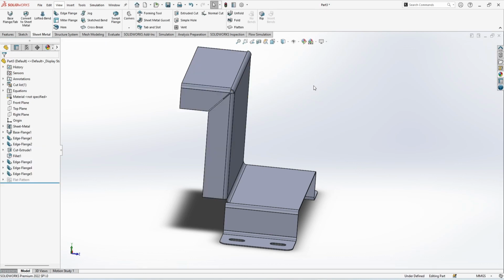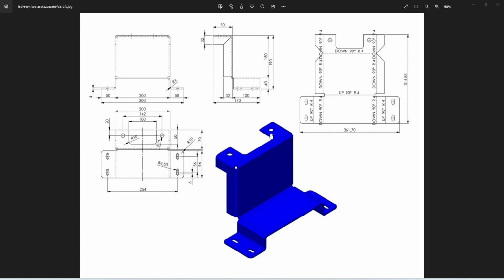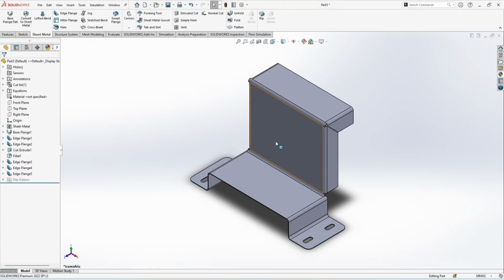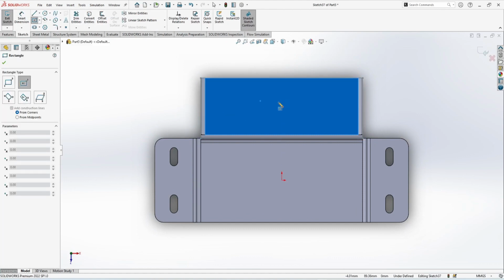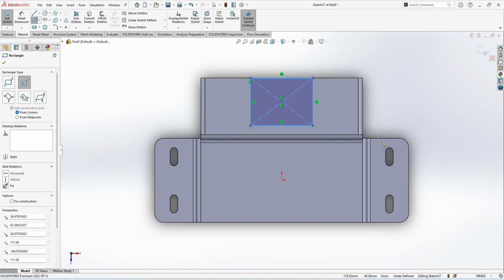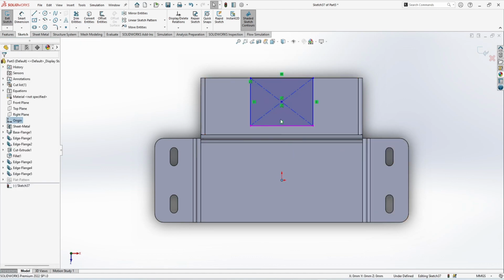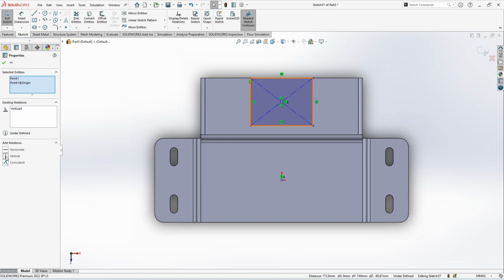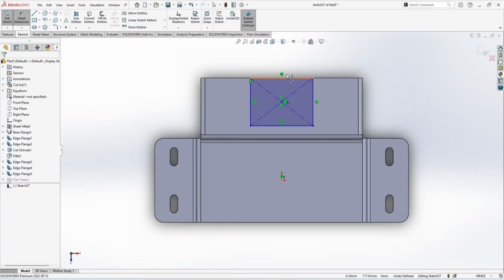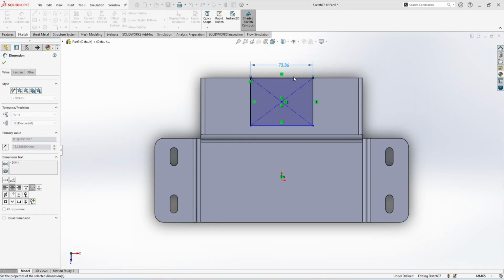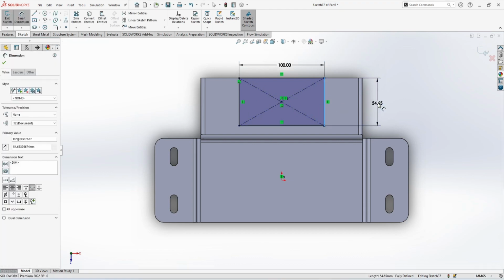Now Control 7 for isometric view. You can find there is a cut, so let's make this cut, a sketch. I've just made a rectangle. Now center point and the center, this is going to be vertical. Now smart dimension, the dimension of this cut is, you can find here, 100 by 50 mm. So this side is going to be 100, this is going to be 150 mm, and we have two